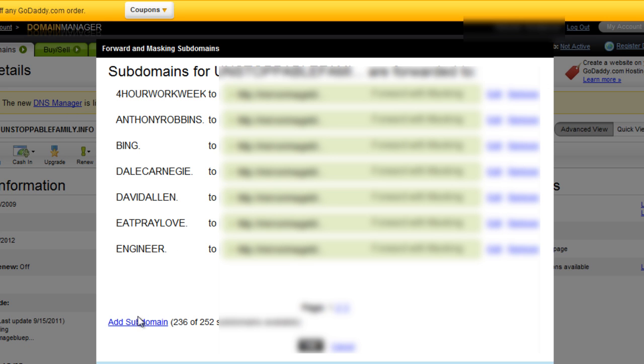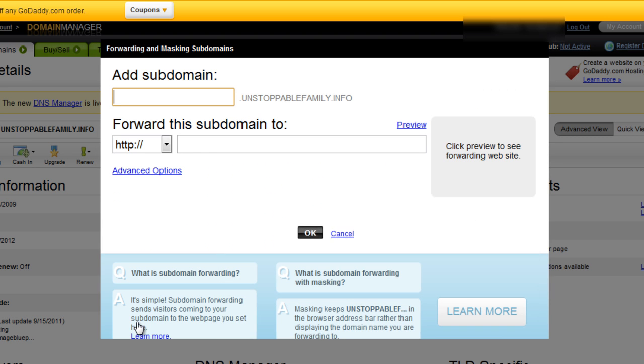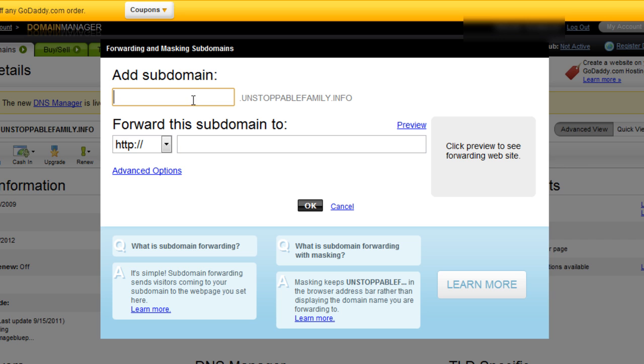And so you're going to go to add a subdomain, and you're going to put whatever it is that you want to make your subdomain. So for example, I'm going to put Tony Robbins F book. It just stands for Tony Robbins Facebook. And then for the website, the actual website that I'm forwarding, I created the link already, and I put the tracking and the code for it here.